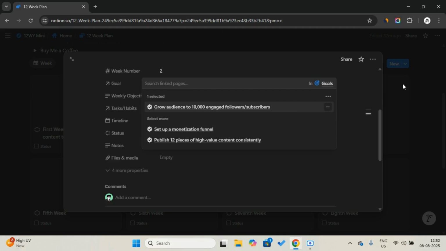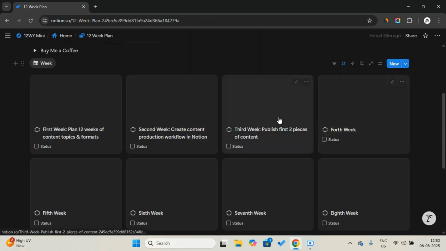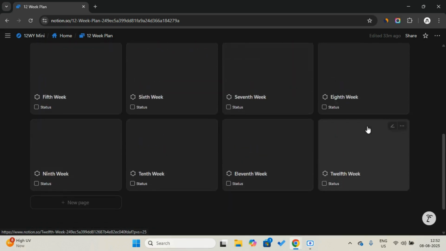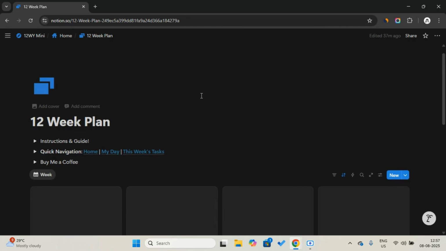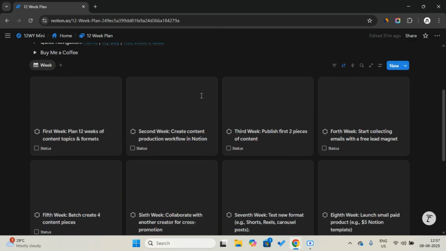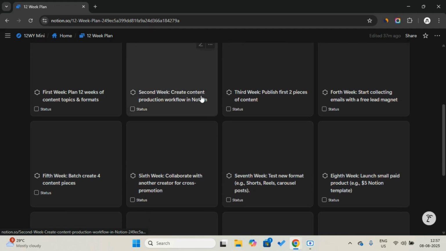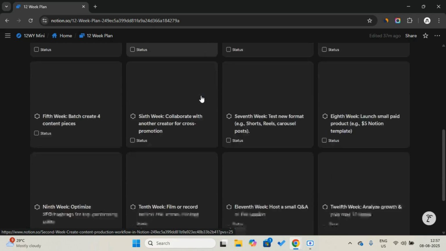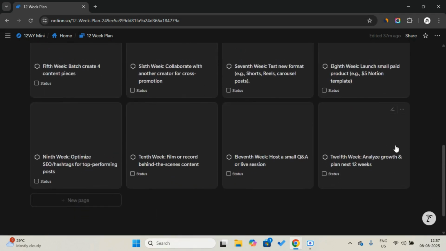Okay, so after setting the third week goal, I will set the 12-week goal and come here faster. Okay, now I have added all the weekly goals, and also connected them to the three main goals. Okay, excellent, 12 goals. Okay.